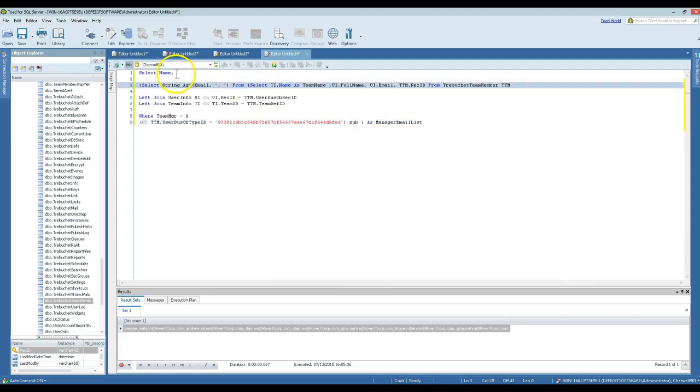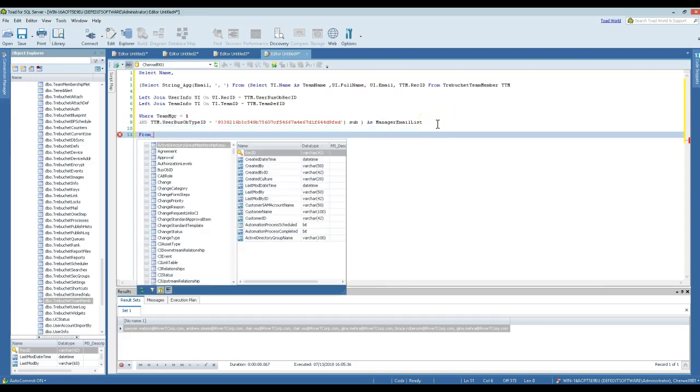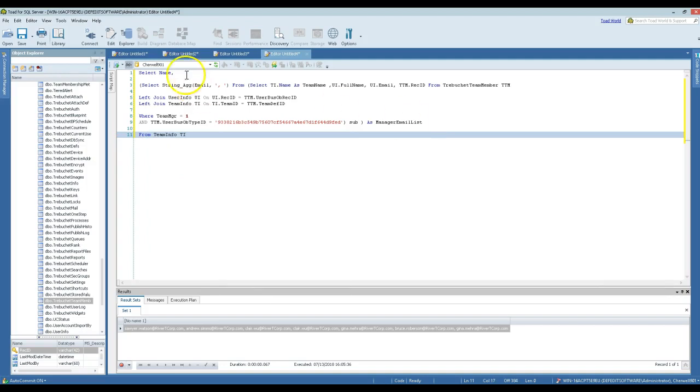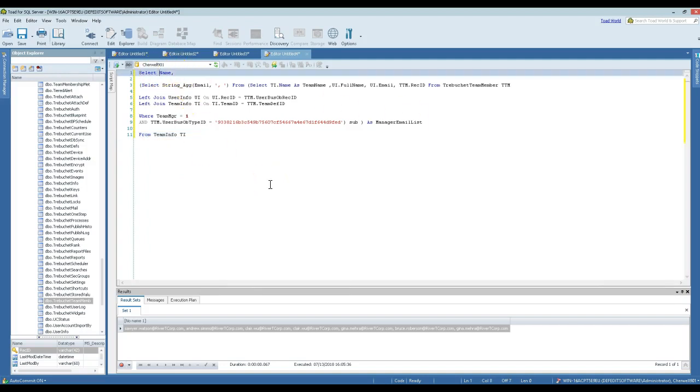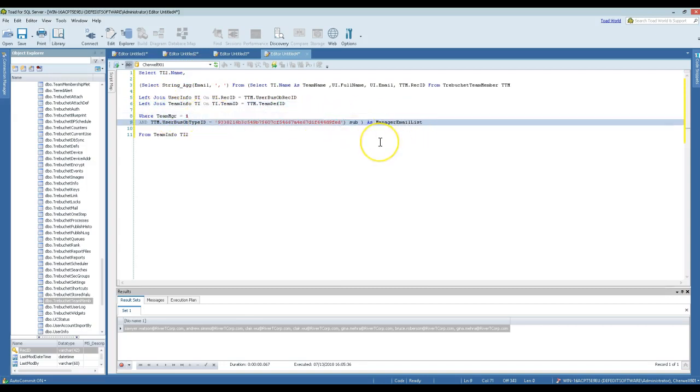And then what we need to do is, you know what? From team info ti, and this is going to be ti.name. This is ti2 actually, because I just realized we used ti here. Here's ti2.name, and with that here we are going to add a condition,